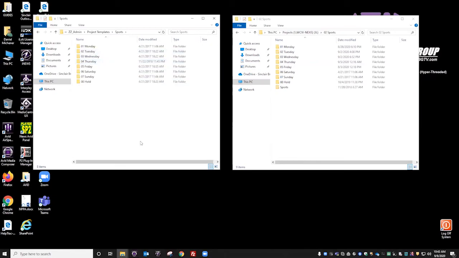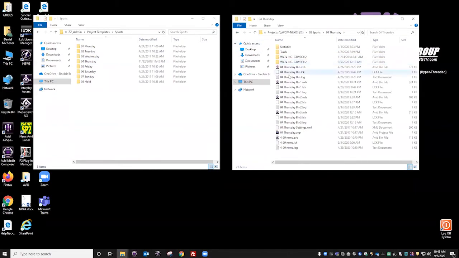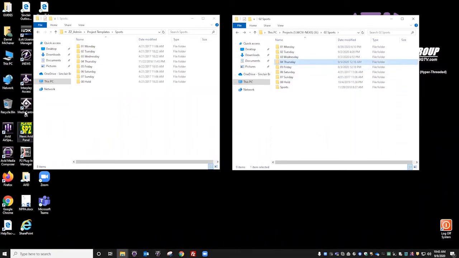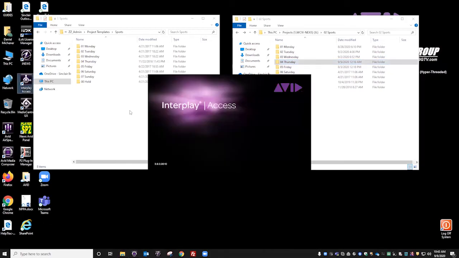that messes things up big time. So you don't want to do that. You want to make sure you're in the sports templates and in the sport folder, because like I said, that will cause a big problem if you do that. So it's going to be very important that when you're purging these out, you're actually doing the right ones that correspond with it. So if you click on Interplay Access again,